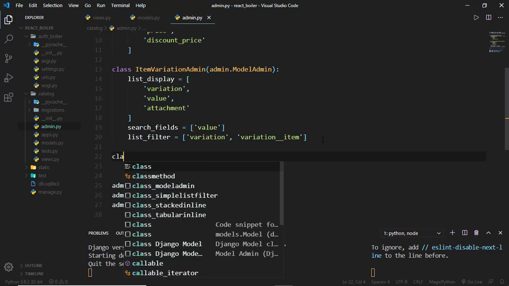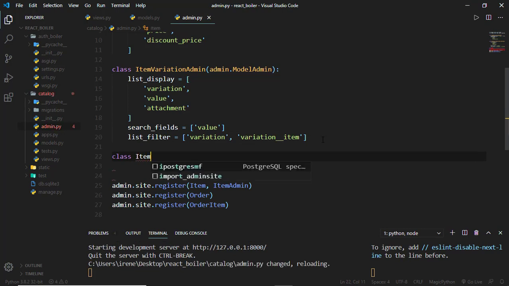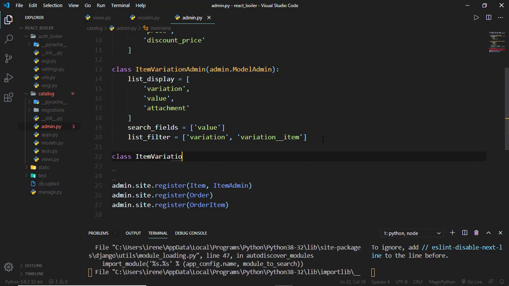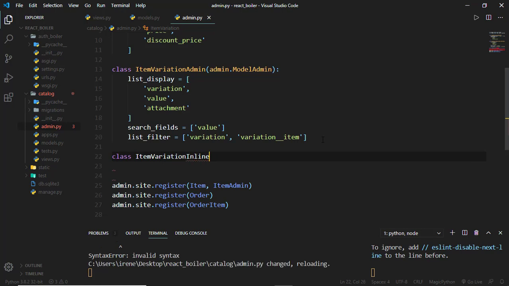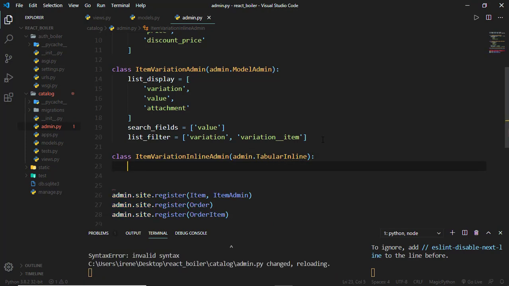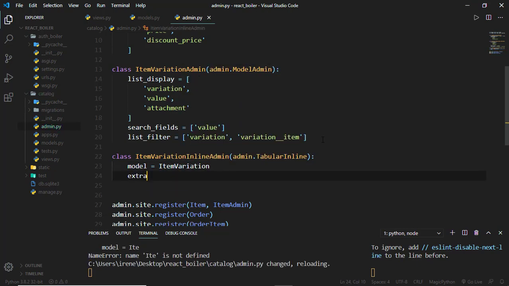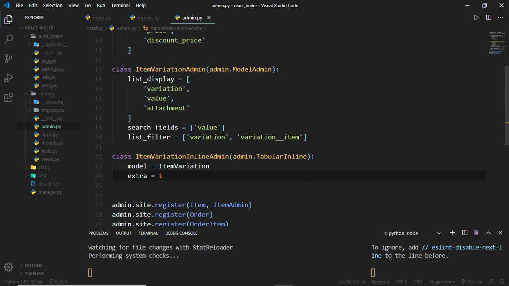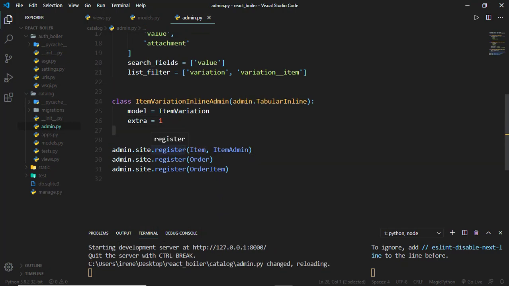So class ItemVariationInlineAdmin, that this is going to be admin.TabularInline, and then in there we can specify the model as being the ItemVariation. So ItemVariation there, and extra as just one, so that we have an extra row in the formsets. We can save that,